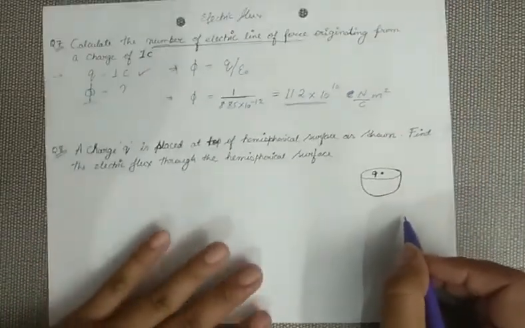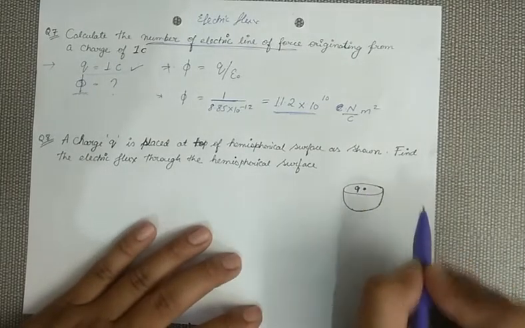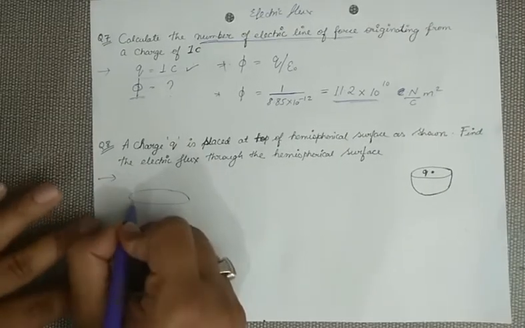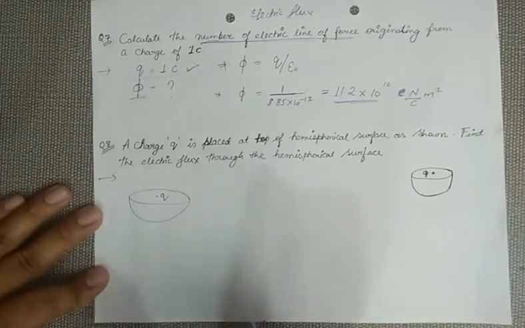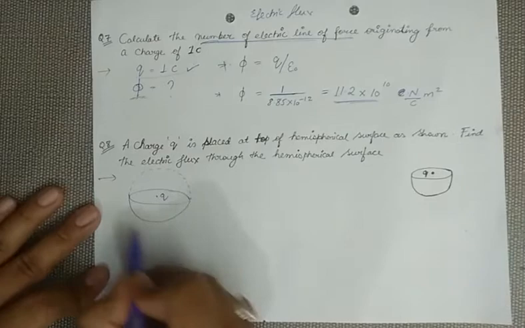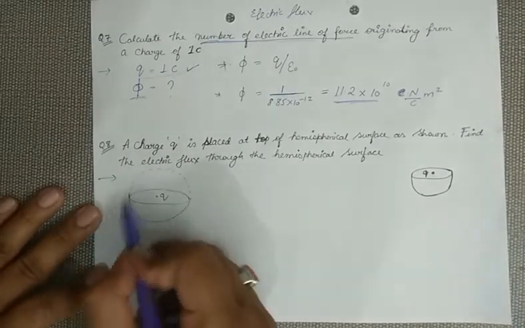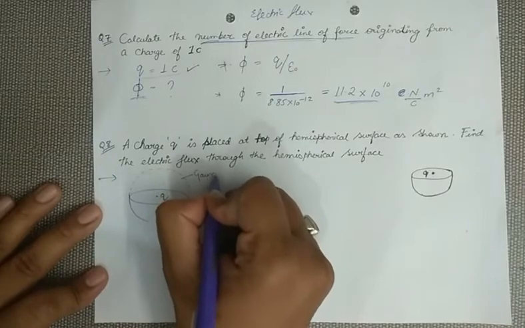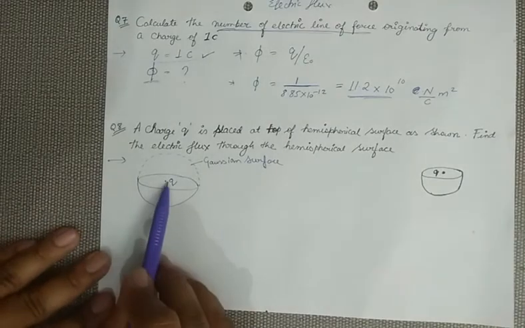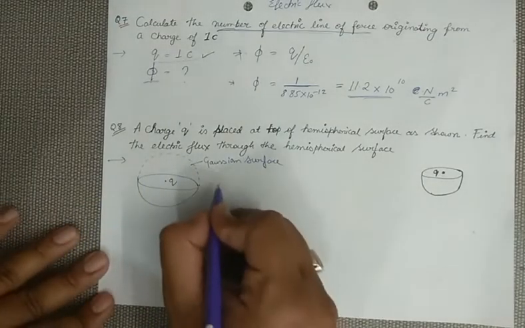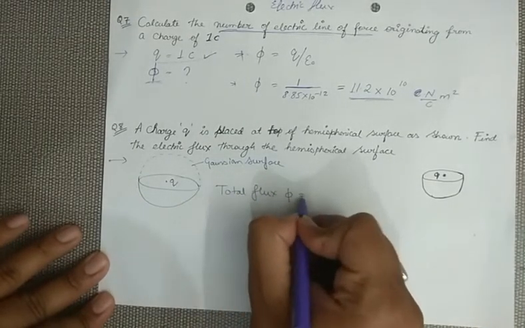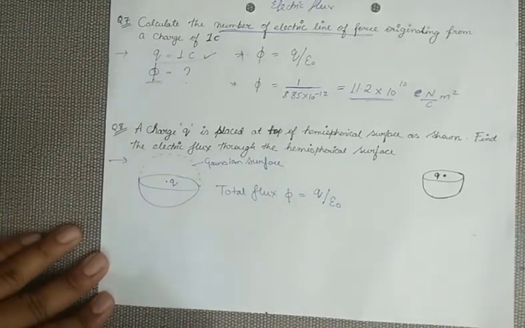Now an important question arises: our charge is not enclosed. So our first motto is to enclose the charge. Now how are we going to enclose it? Suppose a hemisphere is given to you. Now just take another hemisphere on top of it. Half of a sphere is given, and we have considered another half. This other half will act as a Gaussian surface. Now you can say that our charge is completely enclosed. So if the charge is enclosed, we can calculate the total flux. So the total flux equals total charge Q divided by epsilon naught.